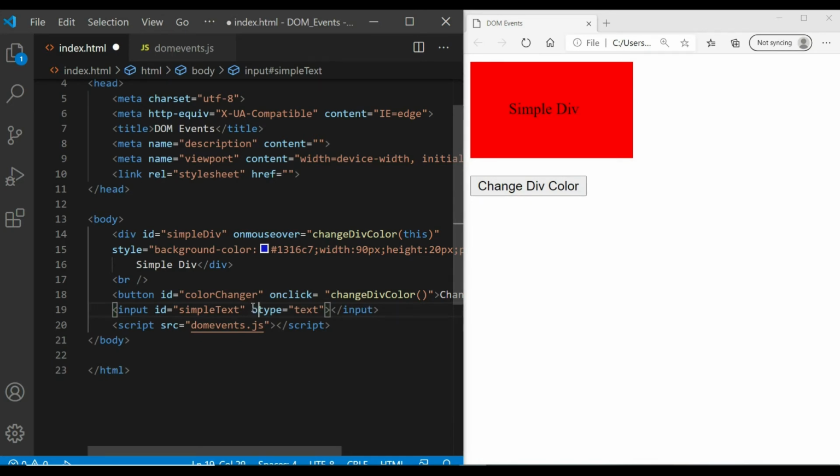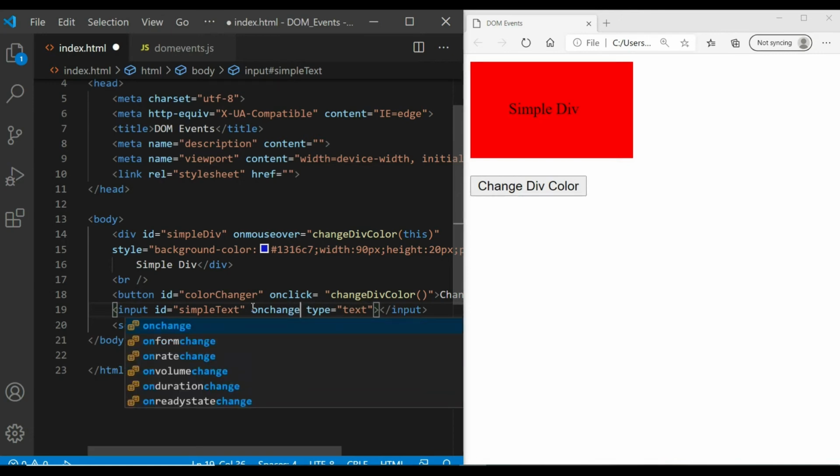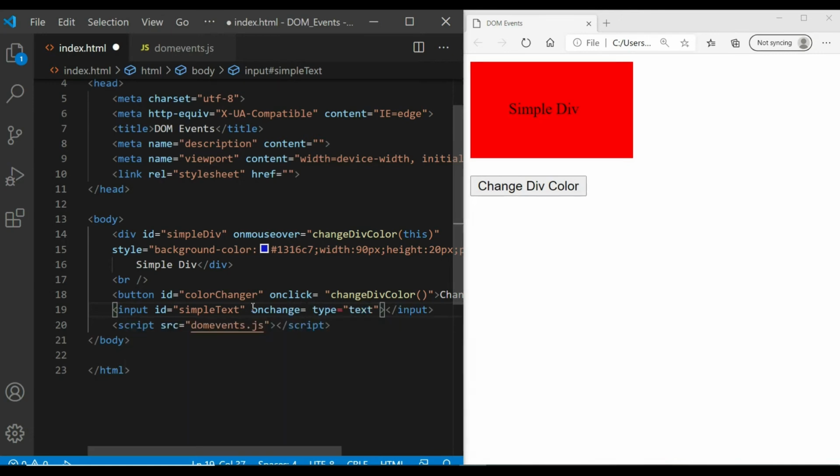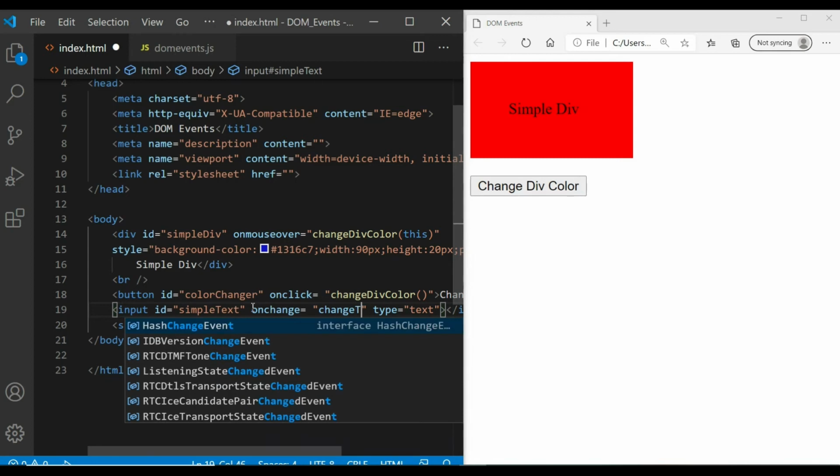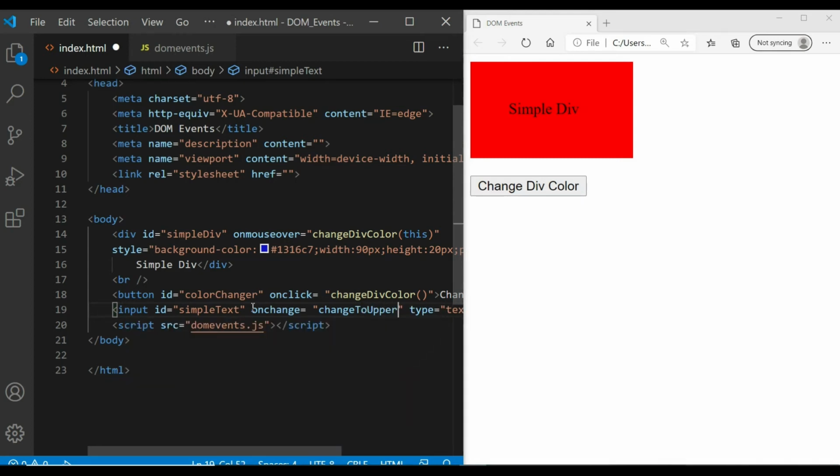So for that there is one event, onchange. So whenever a change happens in your input, it will trigger this function. So let's create one new function and name it changeToUpper, just a normal name.